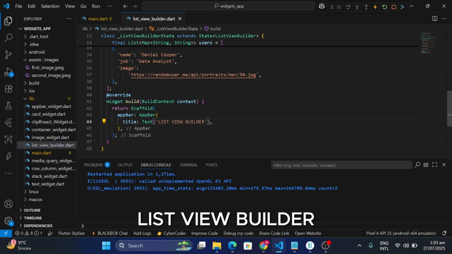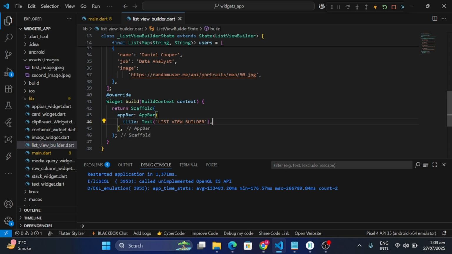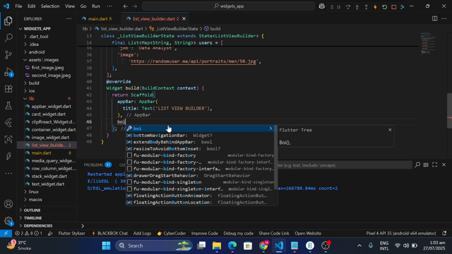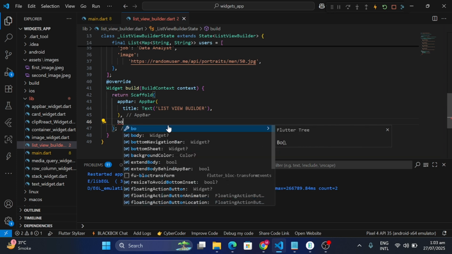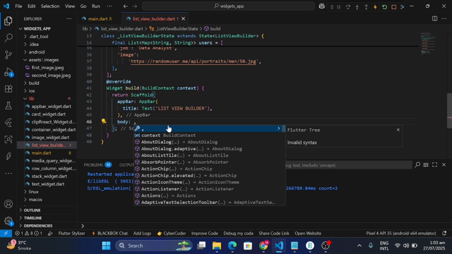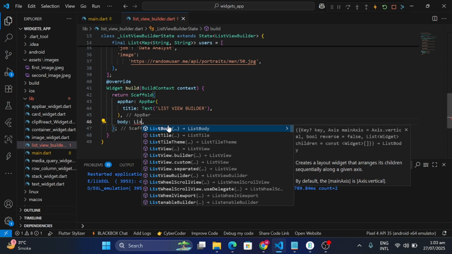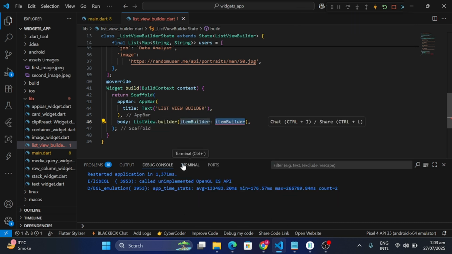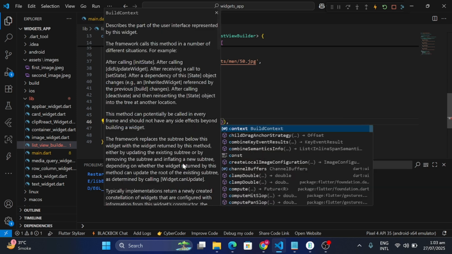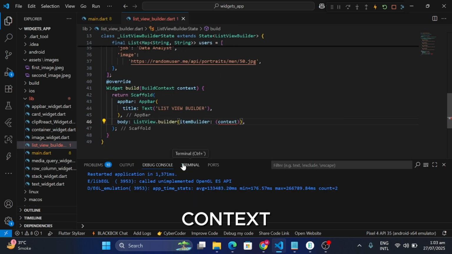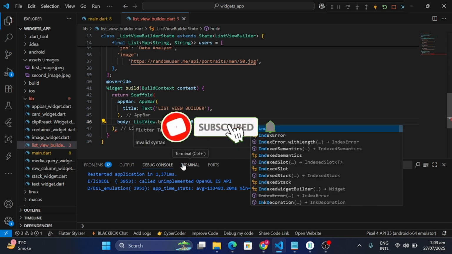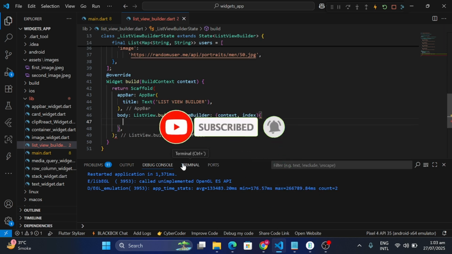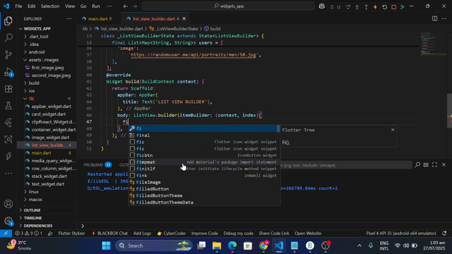ListView.builder, body, ListView.builder, context, index, final,